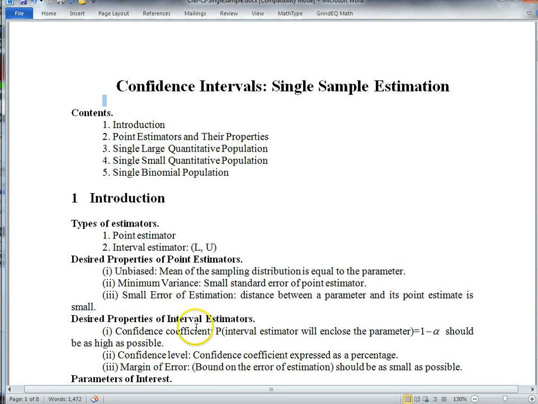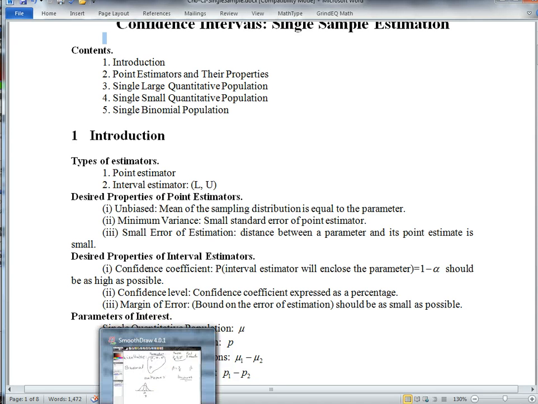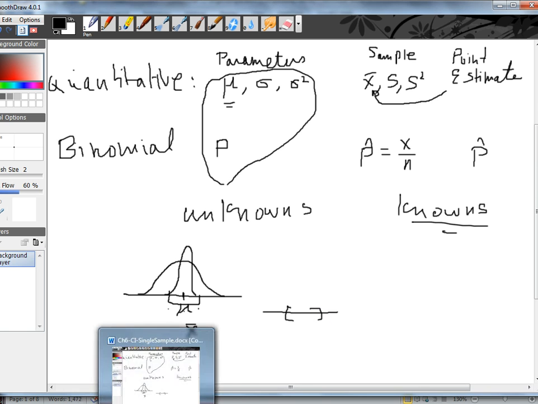Now, interval estimators. By contrast, you want to estimate the mean by a parameter. So instead of having just one point, I would say I want an interval to estimate my parameter. Hopefully it's around mu, but we don't know what mu is. That's the problem. So I'm estimating mu by an interval, and what properties should this interval have to be a